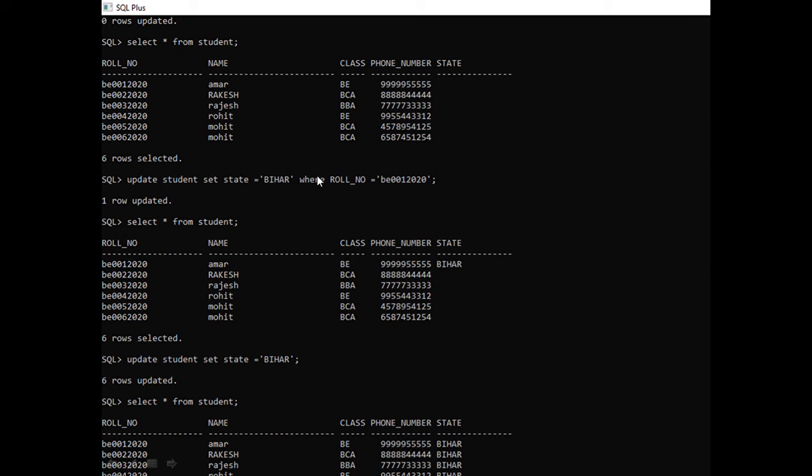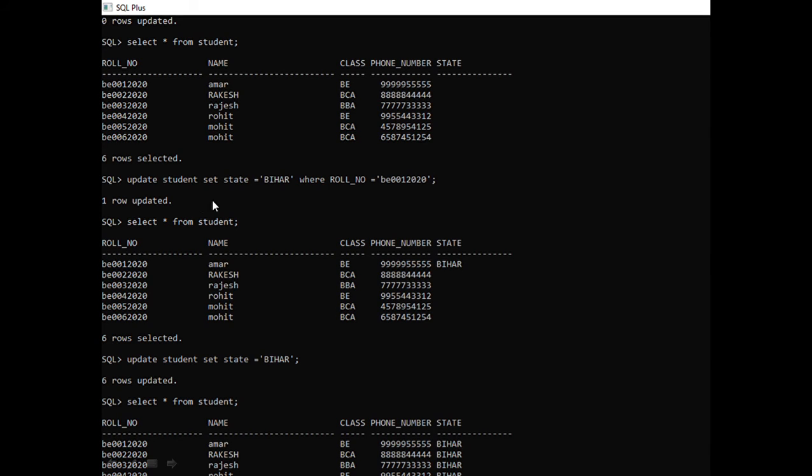For example, the roll number, name, class, phone number, state. Suppose I want to add a state for roll number B0012020, for this Amar. Suppose for Amar I want to add his state as Bihar. So the command will be update student set state equal to 'Bihar', in single quote because the data type for state is character, where roll number equal to this B, this one in single quote because the roll number is a varchar2 data type.